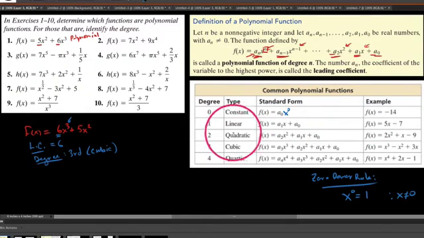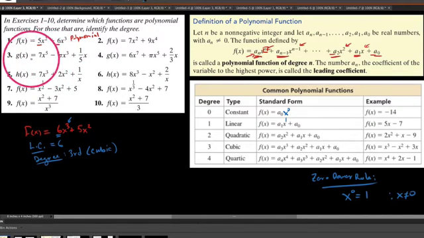Okay, a linear thing is mx plus b, basically y equals mx plus b, but it's a first degree polynomial. Or second degree polynomial is quadratic. These are the graphs of parabolas. And then third degree cubic, fourth degree quartic, and fifth degree technically is a quintic. So looking back over here at our polynomials, we're looking for things that have non-negative whole number exponents